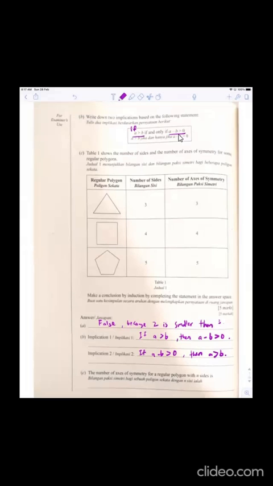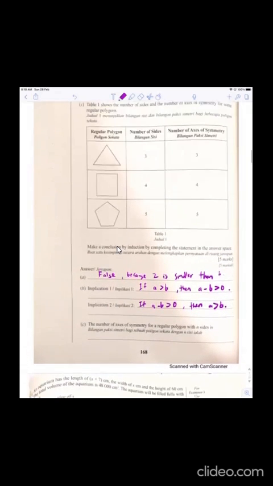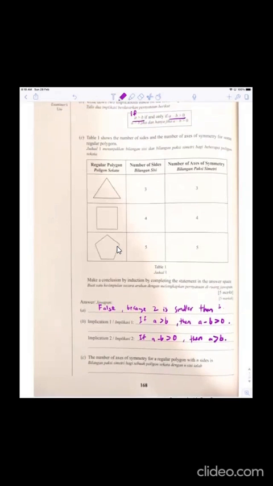Okay, see question C. Table 1 shows the number of sides and the number of axes of symmetry for some regular polygons. So the first one is triangle, 3 sides, square, 4 sides, and pentagon, 5. The number of axes of symmetry for a regular polygon, so you need to write